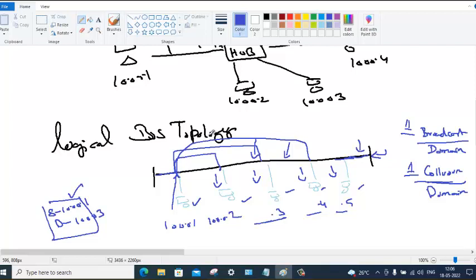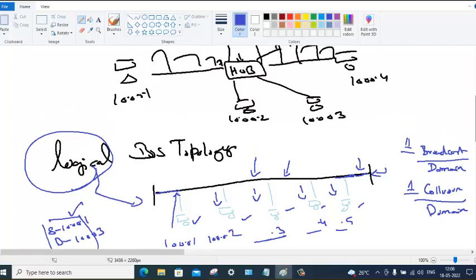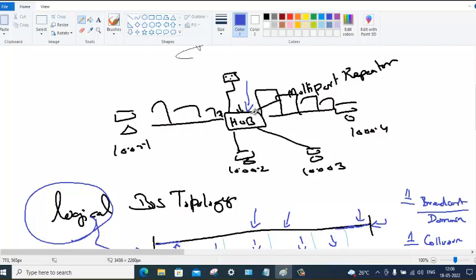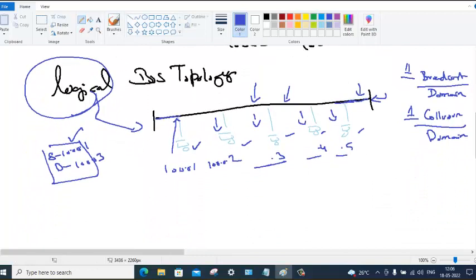But a hub doesn't have such an option. Hub has got only one common backbone. Again, it's not a physical bus topology, it's logical. Similar to this, logically, you will find it inside the hub. Similar to that, a logical architecture will be seen inside the hub, the motherboard.